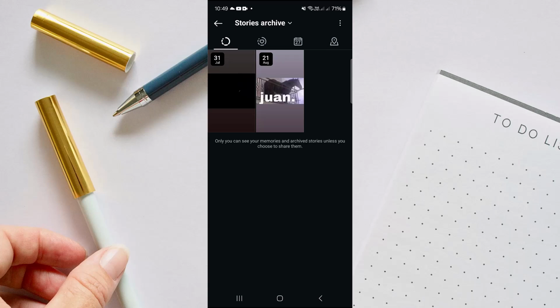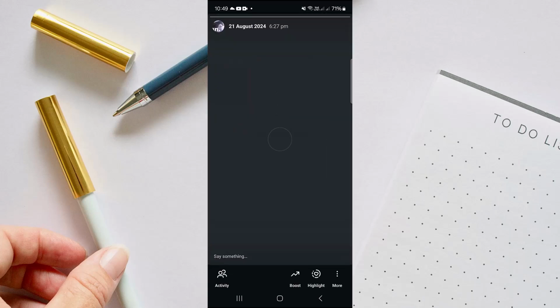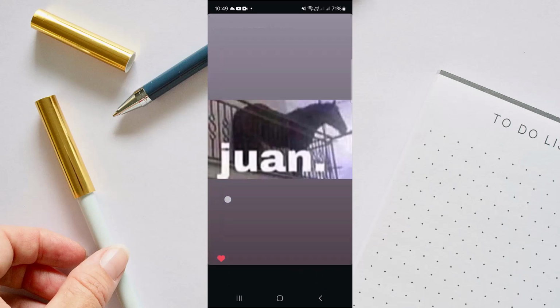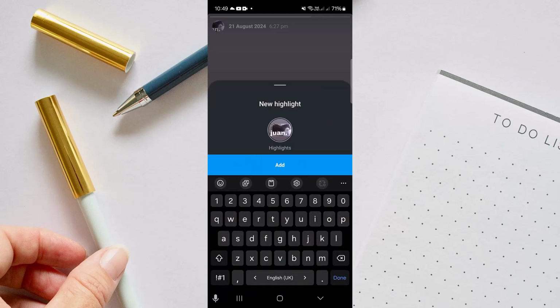So tap on any story that you want to put a highlight on. So I'm taking this one and there's a highlight option right here on the lower right corner. And here just name your highlight. I'm naming it one and just tap on add